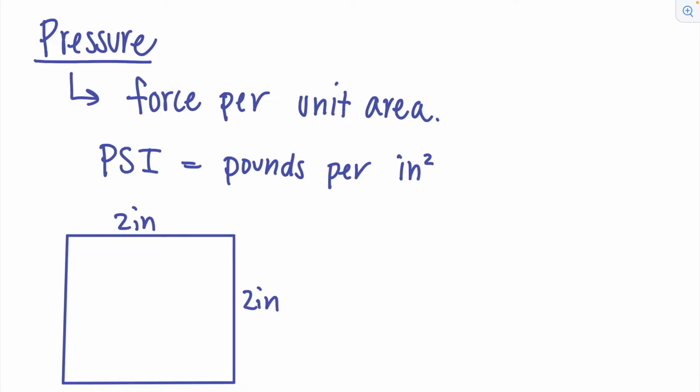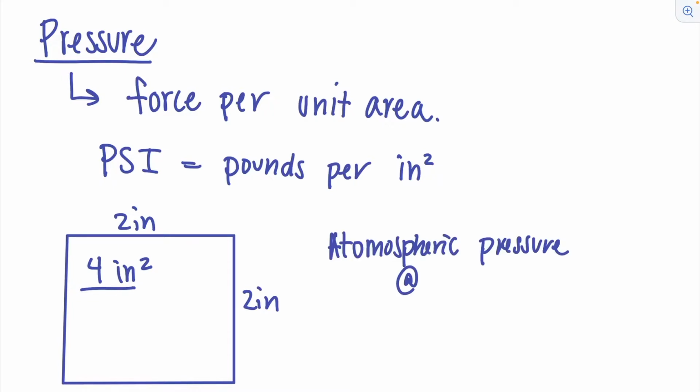In total, this square would be 4 square inches. In Laguna Beach, we are at sea level, and the atmospheric pressure at sea level is 14.7